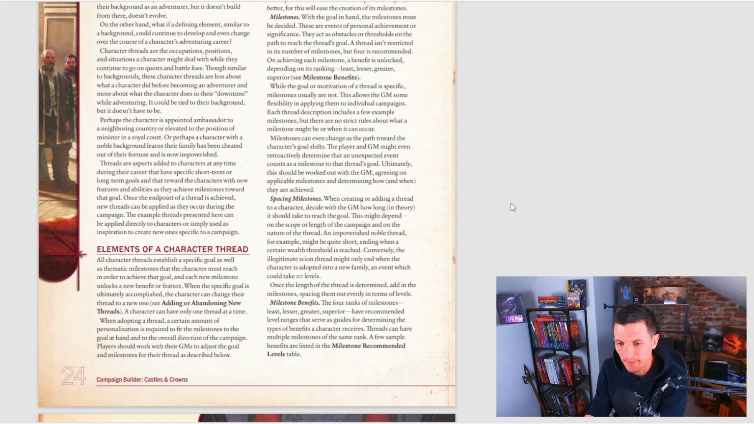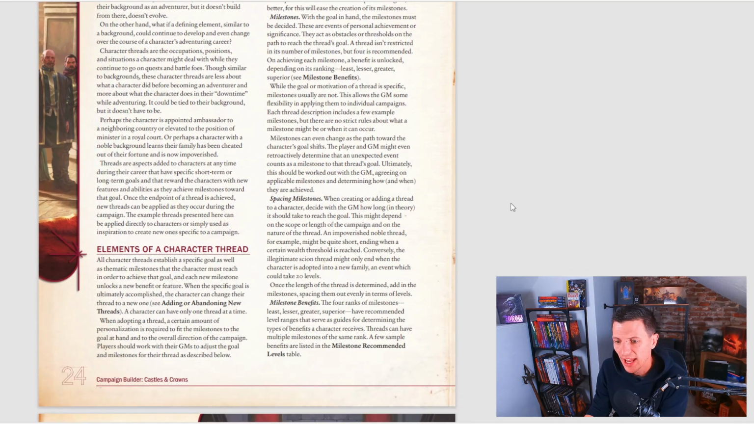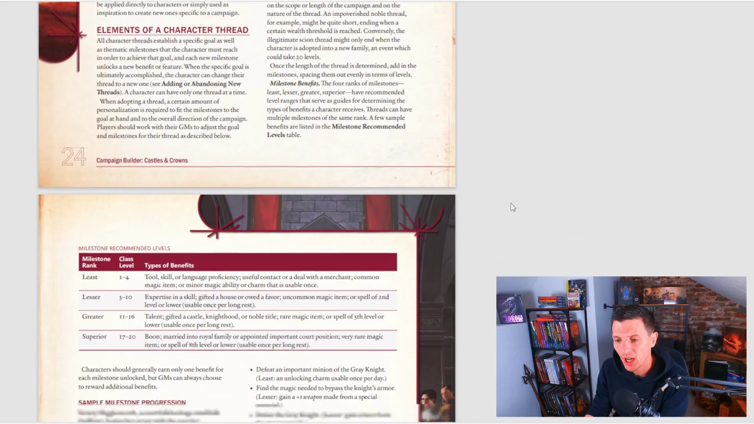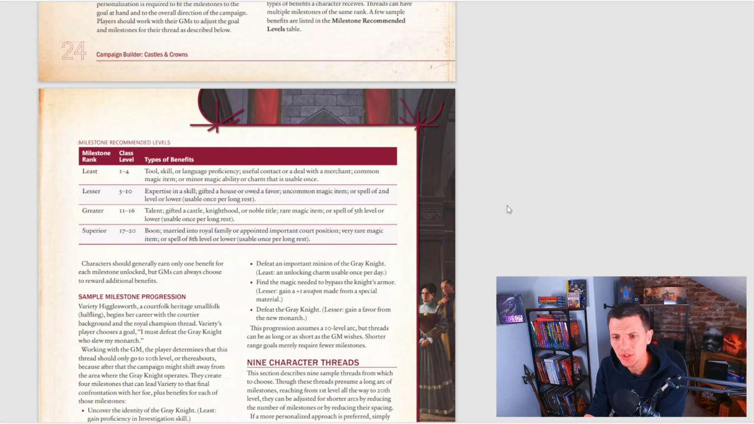So a character thread basically is something that goes off of your background, and a player decides on a goal for their character, right? They decide on a goal for their character, and then they work with the game master to set a few milestones. There's a little table here to help you out. You can have a least milestone, a lesser milestone, a greater milestone, and a superior milestone. Every time they reach that milestone,